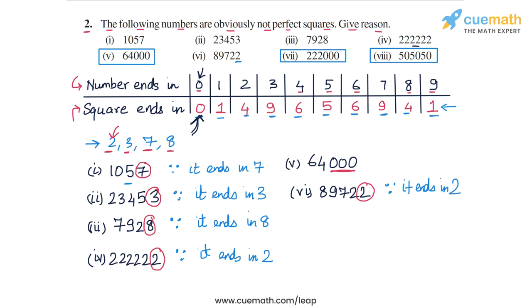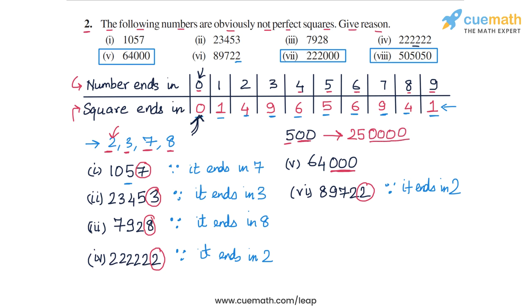And why is that? Well, take any number ending in 0. For example, let's take 500. If you find the square of 500, you will get 5 square or 25, and then these two zeros will become 4 zeros, right? So you will have an even number of zeros.